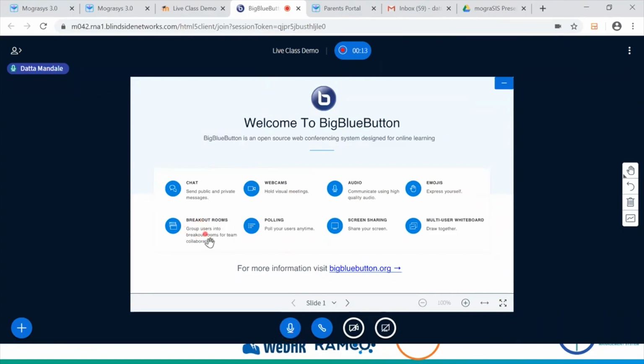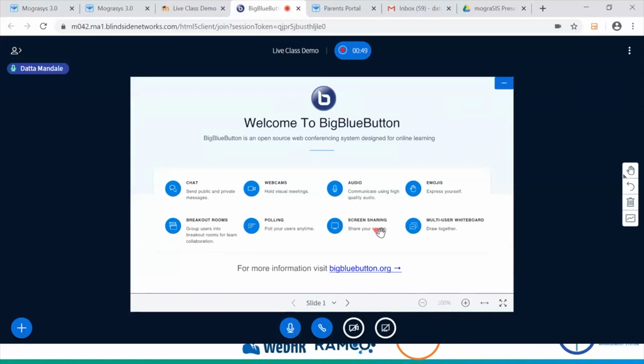This is also a very important option, where you will be able to group the users into different rooms for collaboration. Like you wanted to have interaction with your special needs students separately, or there is project work given to a group of students and you want to monitor that. So they can work individually and you will be able to visit a different room at a time. Like you have 40 students and you may make 4 rooms with 10 students each. So you'll be able to give 5-10 minutes in each room, and they will keep working on it with that group. So this is a good option.